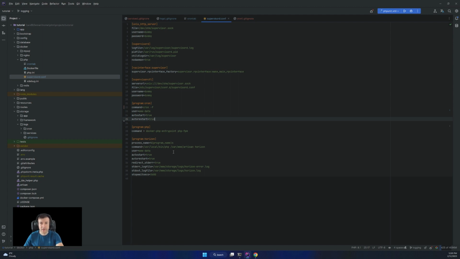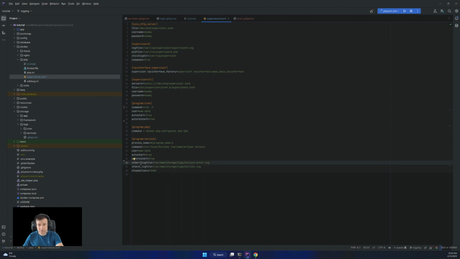And then with Horizon, for example, we have redirects to the error. Maybe I don't want to redirect to the error, so I'm removing that, because I want the actual errors to go to the stderr file.